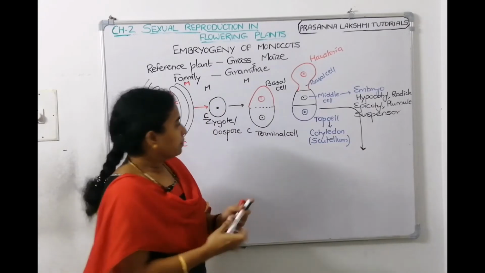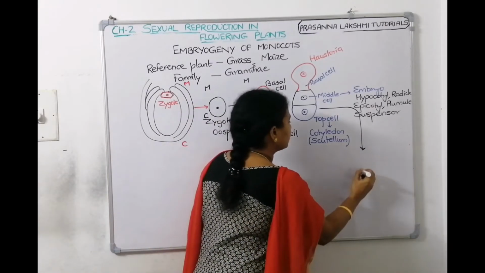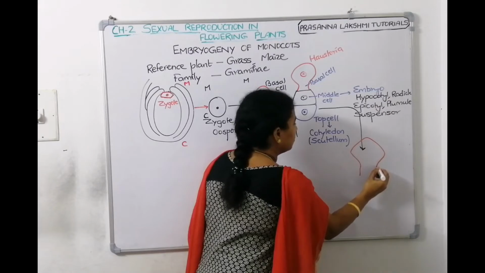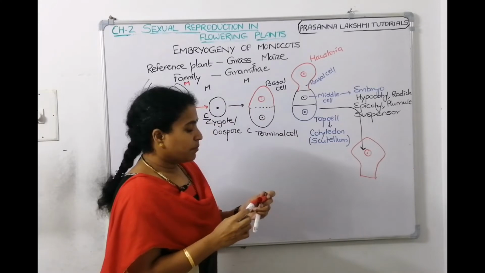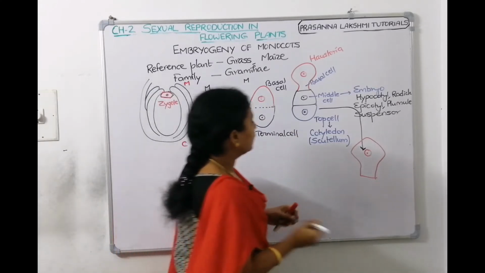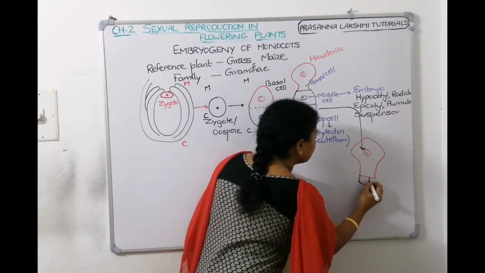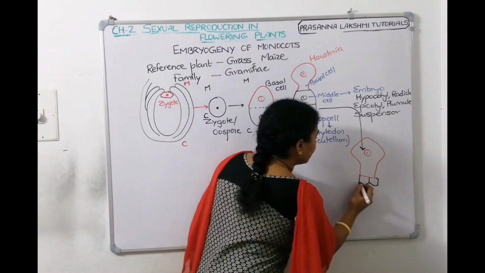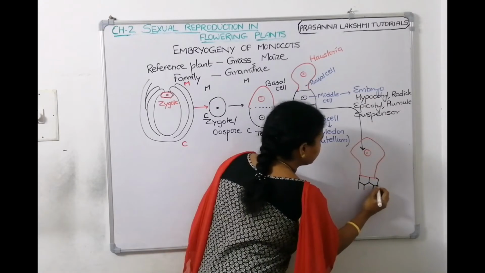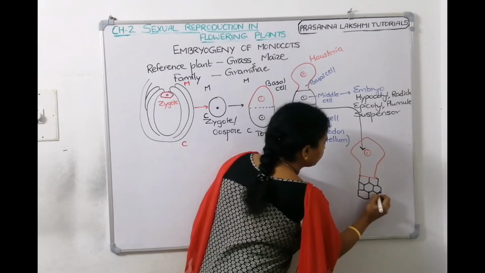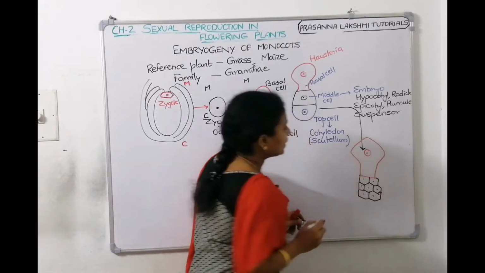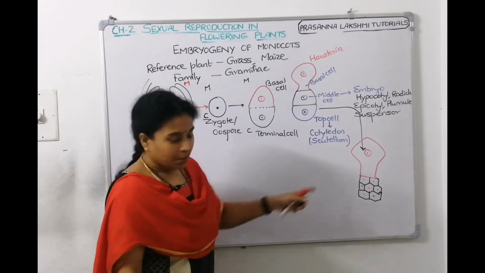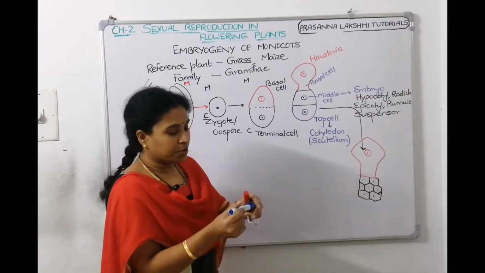It starts dividing. The suspensor cell will enlarge, a big haustorial cell to derive nutrition, right? And I told you the middle cell will divide. We are using black color for the middle cell. The middle cell is dividing because it is the one which has to make all the parts of the embryo, right? So the middle cell is dividing to make all the parts of the embryo, whereas the top cell is going to make the scutellum.